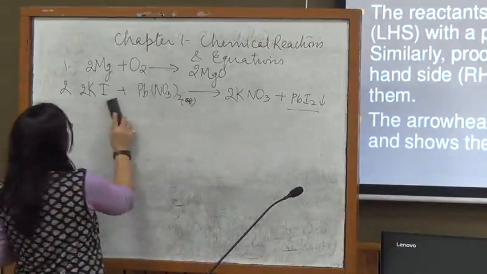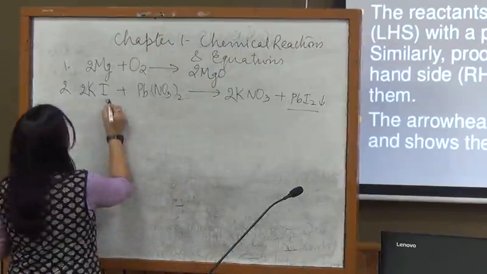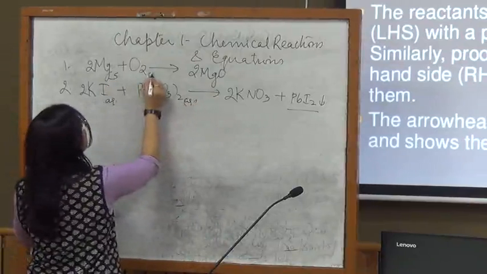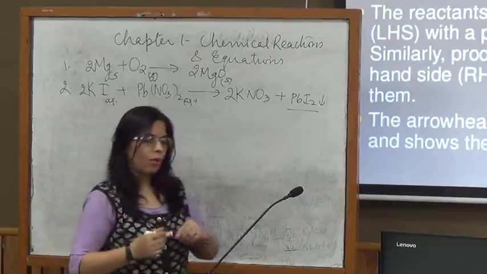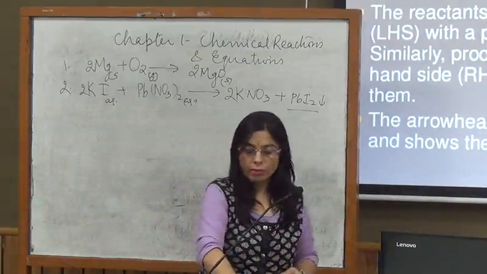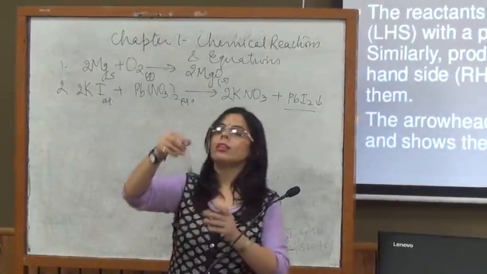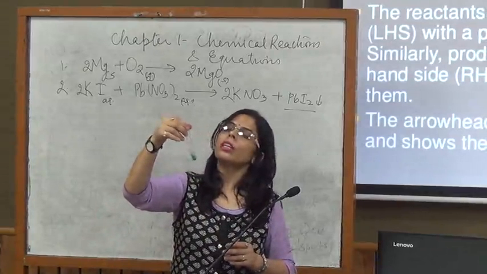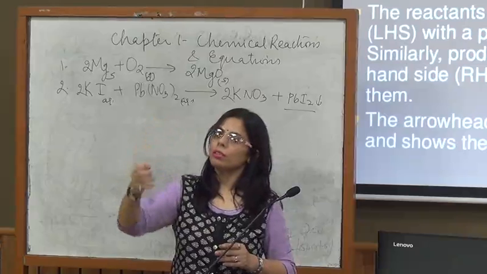I'll make a correction here. This was aqueous solution, aqueous solution, and this was a solid here and this was a gas here. As a result we obtained a solid. We'll learn about all these as to how these notations are given. Now let us look at what happened to our blue solution of copper sulfate. After shaking it and putting it again for some more time, I don't see much change here.